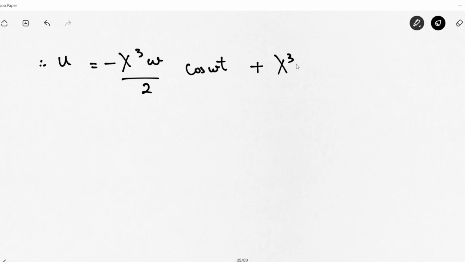Therefore u is equal to minus X cube omega by 2 cos of omega t plus X cube omega by 2 cos of omega t into cos of 2 omega t, which is equal to minus X cube